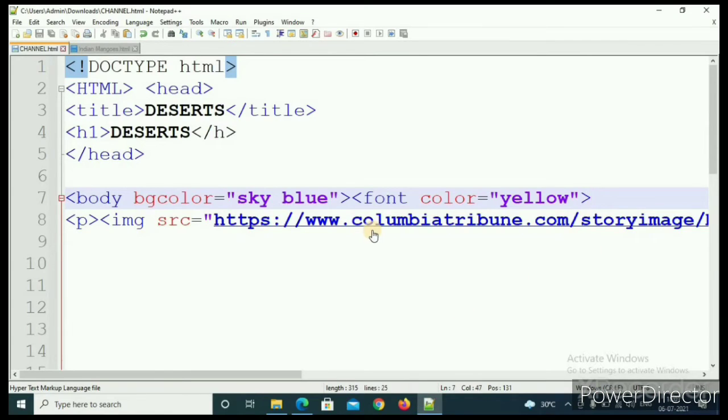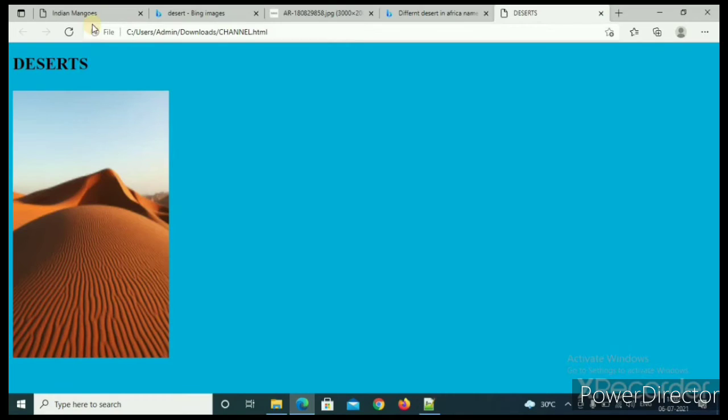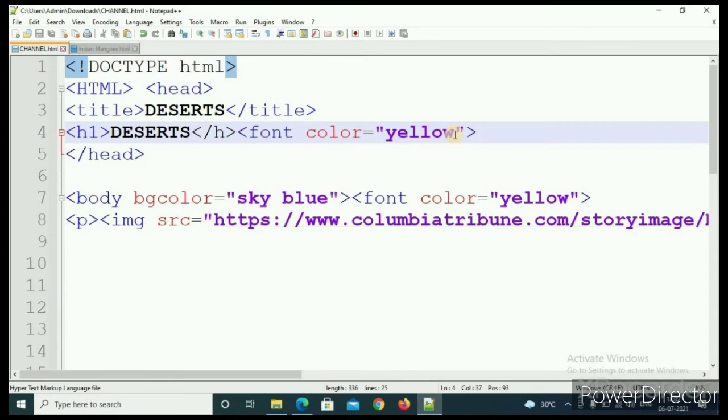Wait a while, because it is a heading, that's why it's not working. If I type the body, then you can see that it is in yellow. If I copy this and paste it beside the heading, then you can see that that is working. And this one, I think it's not color. Let's choose blue.